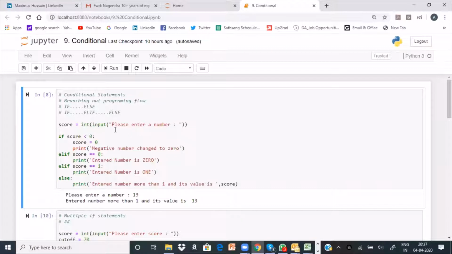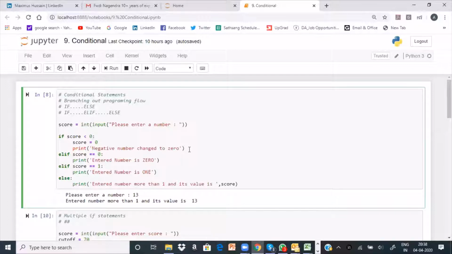So here, I am using the input, and whatever the input it is trying to take, I'm going to condition that with respect to integer. That means if the user enters a real number, I will not allow that. Okay, because I'm using this int function. So please enter a number. That means basically I wanted to enter some number, which I'm going to collect, read, and store it into the variable called score. Now the condition, if score less than equals to 0, the only syntax difference is colon.